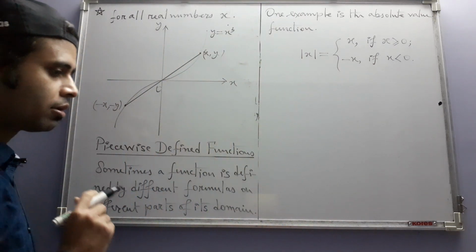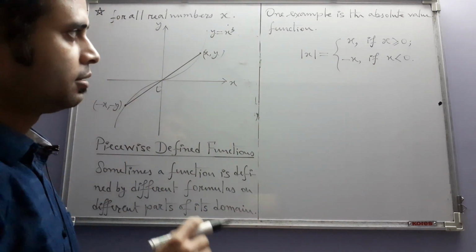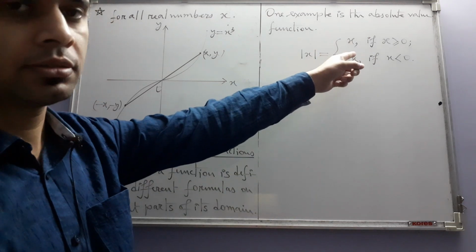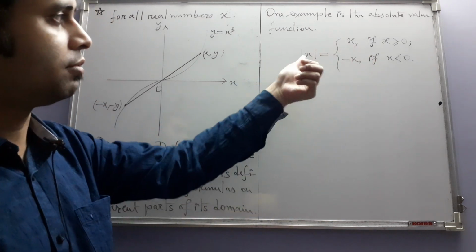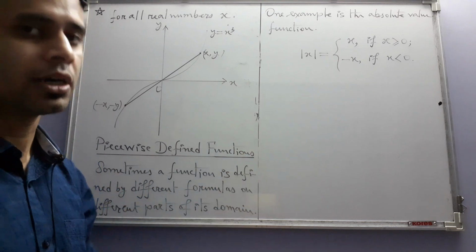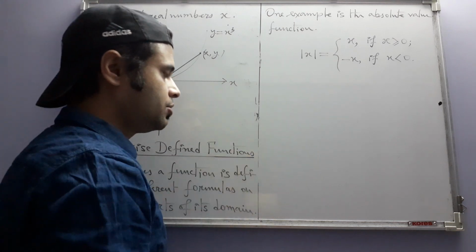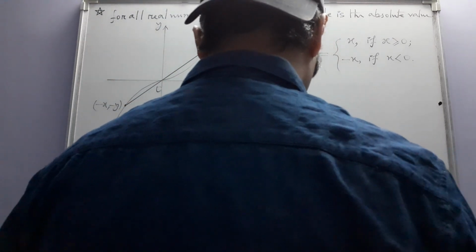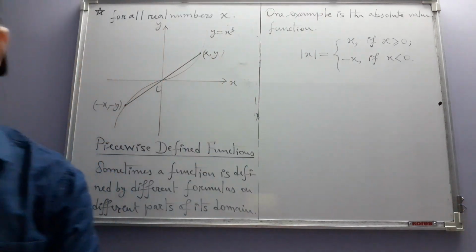So on the non-negative part of the domain, the formula is x, and on the negative part of the domain, the formula is minus x. Two different formulas. So it's a piecewise defined function, and its graph,